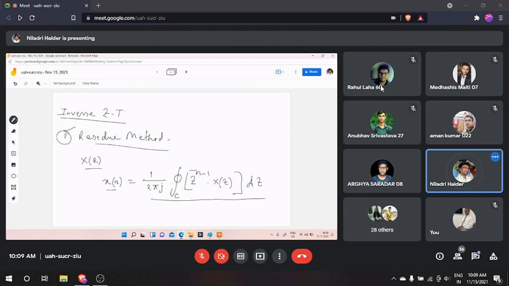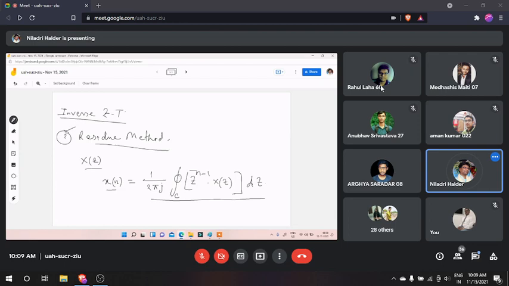And to get that residue value, the formula that you need to use is, suppose residue. I told you we have to calculate the residue over the value of F(z). So first of all, from X(z) you have to calculate F(z). The value of F(z) is X(z) multiplied by z to the power n minus 1. So whatever X(z) value is provided, multiply that value by z to the power n minus 1. That will be your F(z).